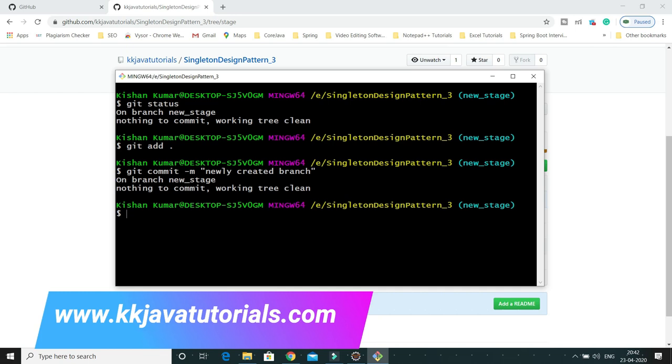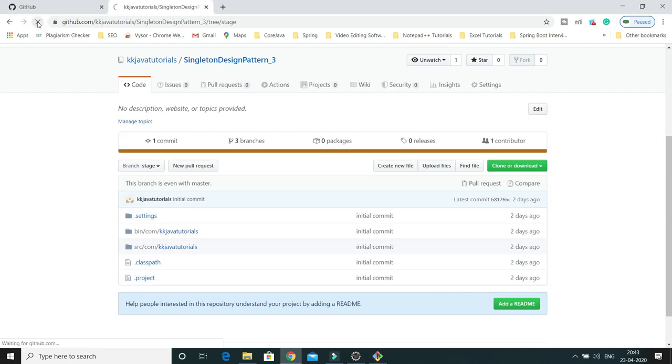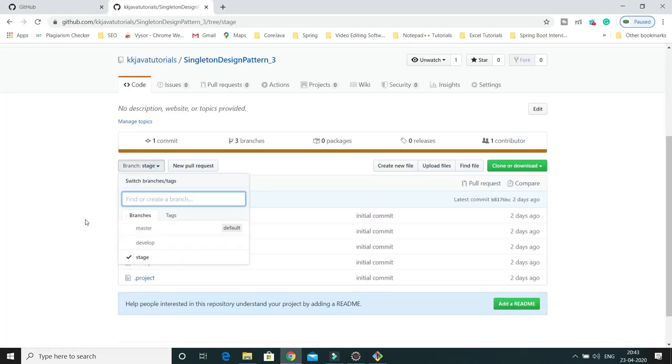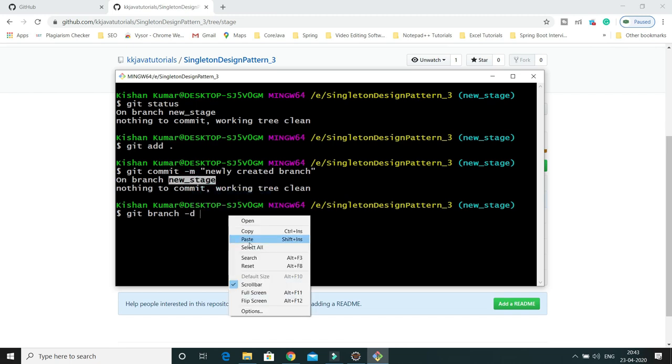Now if you want to delete this branch, now you have changed your mind and you'd like to delete this branch before pushing into the remote repository, then you will have to apply the command git branch. So this branch is still not pushed into your master repository. If I refresh, then that is not available in the master repository. But before that, you have added it in the local repository. If you'd like to delete, then here you will have to give the capital D instead of a small d. Let's try with the small d first, git branch -d. We want to delete this branch, and the branch name, right? What's the branch name? This is the branch name, new_stage.